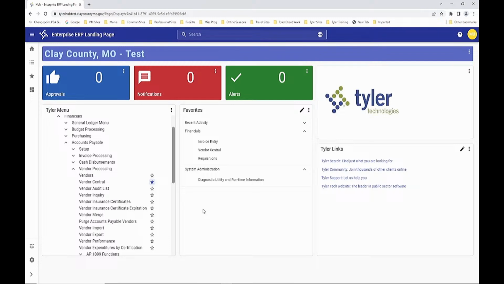And so as we go through Vendor Central, we have not provided you the guide yet, but we have guides for our Vendor Centrals that Tammy has created. Vendor Central and all those other centrals. And we'll go ahead and show one, and they're all very similar for whatever area you're looking into. So Vendor Central will be very similar to Accounts Central and Requisition Central. Yep. So when you go into Vendor Central,